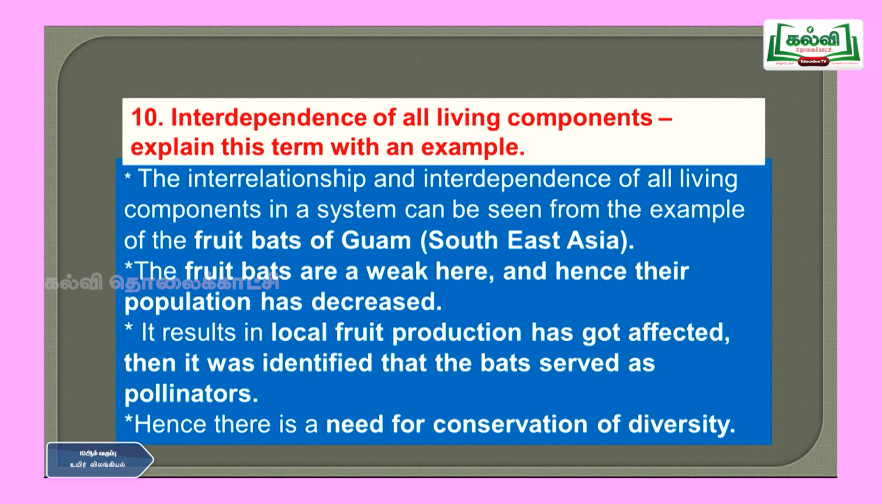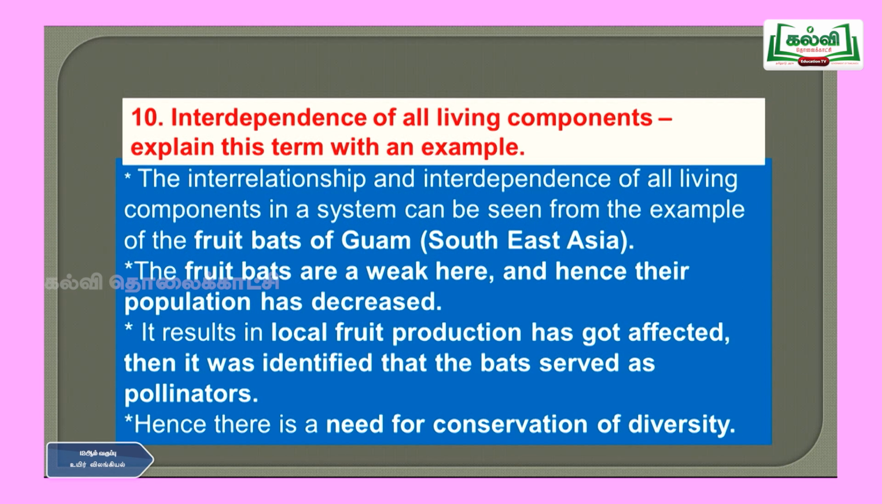Then 10th one, interdependence of all living components. Explain this term with an example. The interrelationship and interdependence of all the living components in a system can be seen from an example of the fruit bats of Goma, that is Southeast Asia. The fruit bats are weak here and hence their population has decreased, and it results in